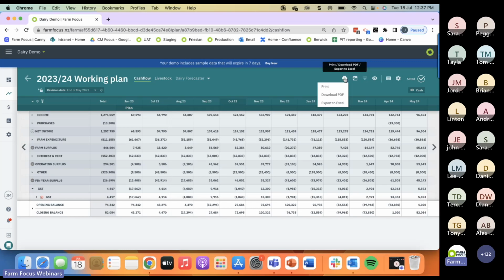And I always delay as many discretionary expenses to the autumn as possible. So now I have developed my plan. I've had a look at it for a few days. I'm pretty happy with it. What I then like to do is to use some of our awesome reports to help me with the validation